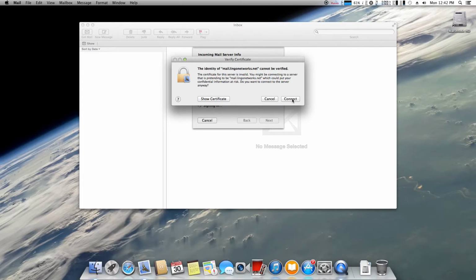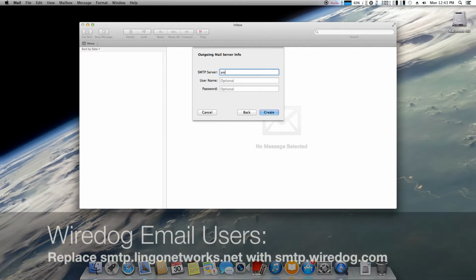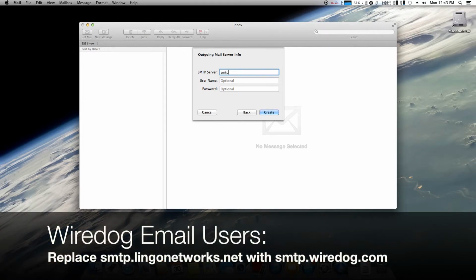You want to go ahead and just click connect. It's going to verify some more. And now we're going to need to add the outgoing mail server information. It verified the incoming for us, so now we just need to go ahead and punch in the outgoing. So for the SMTP server up there, we're going to type in those same four letters, SMTP, that's Sierra, Michael, Tango, Papa,